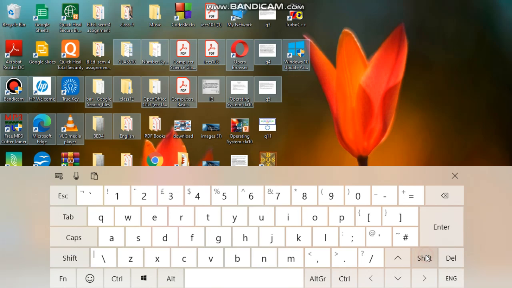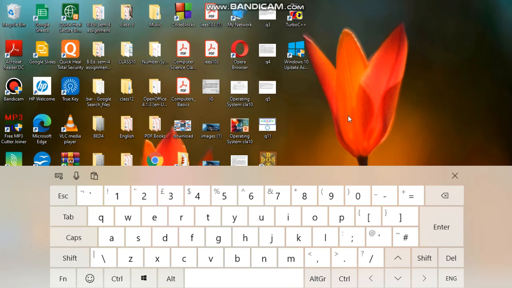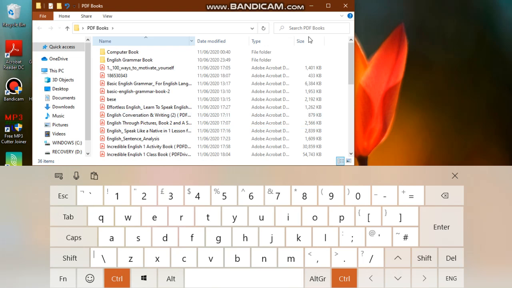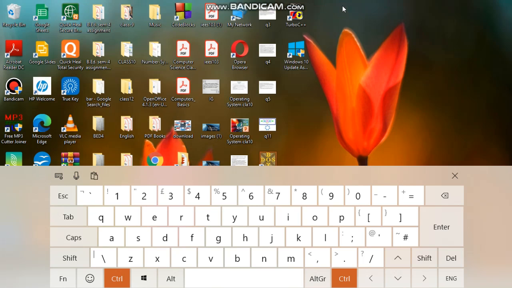Deselect the shift option, then click on the desktop. Using the control option, you can select only one file, one by one, this or this.